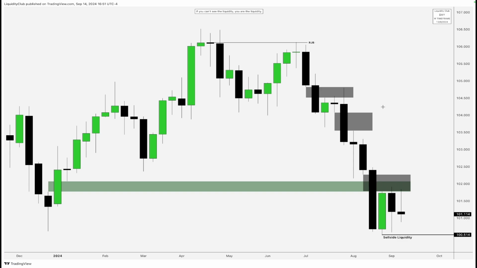Starting with DXY, here we have the weekly time frame chart. As you can see, now we're building liquidity, sell side liquidity here down below, as we've been forming relative equal lows here. A retracement here towards that inverted recovery gap and this SIBI recovery gap, a scissor imbalance, buy side inefficiency. I don't want to see price retrace or have any daily closure above the quadrant of this